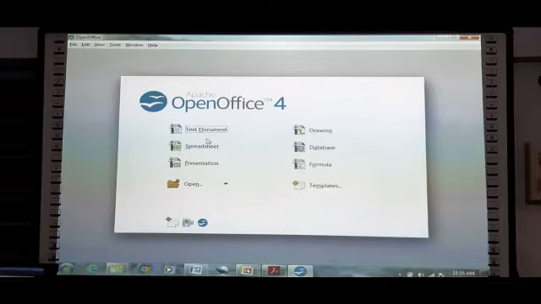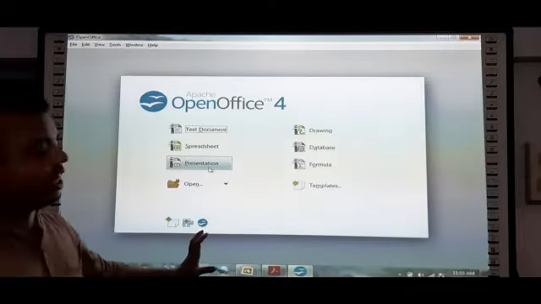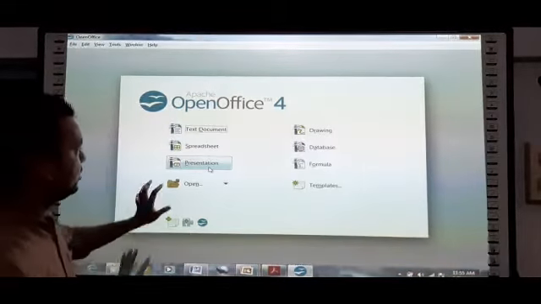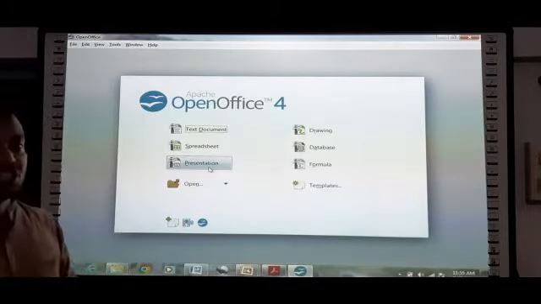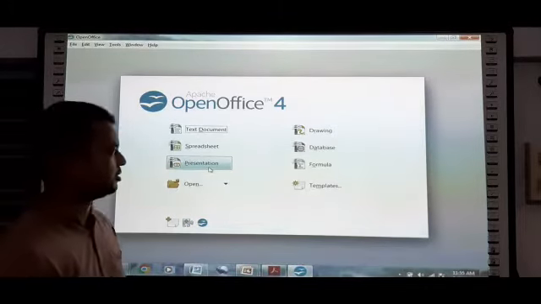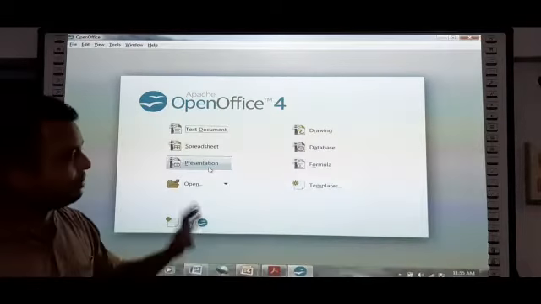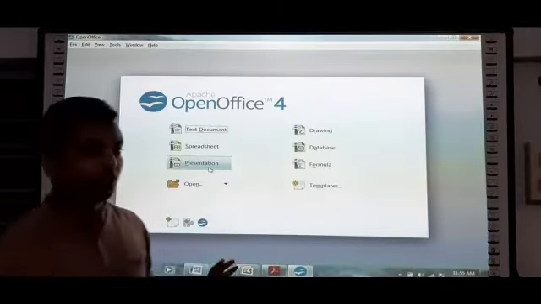In case of spreadsheet, all the Excel applications can be performed. Then presentation, the slide which we have prepared just now in order to demonstrate in front of the class, those types of presentation or slides can also be created by means of presentation. Then drawing tool is like Microsoft Office Picture Manager. By means of this we can draw different objects.